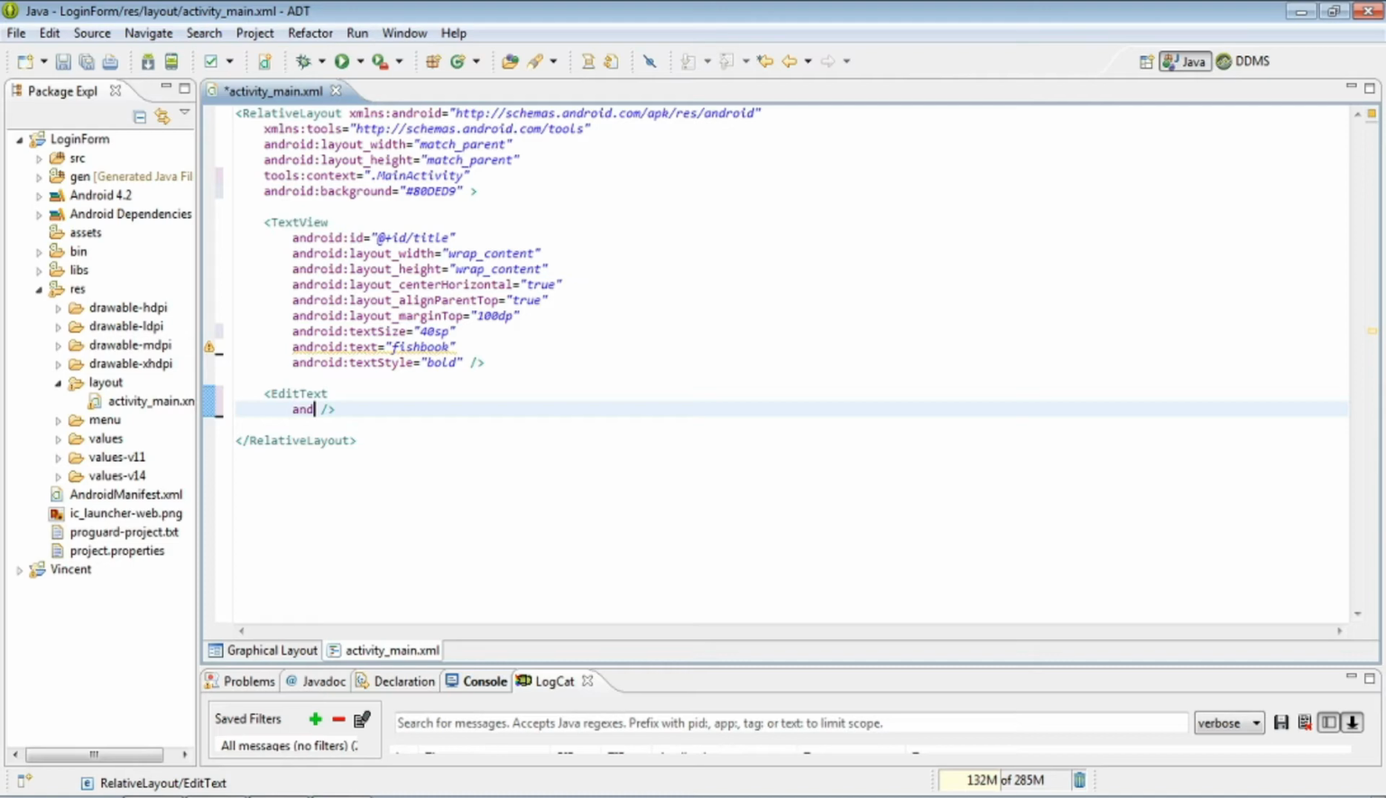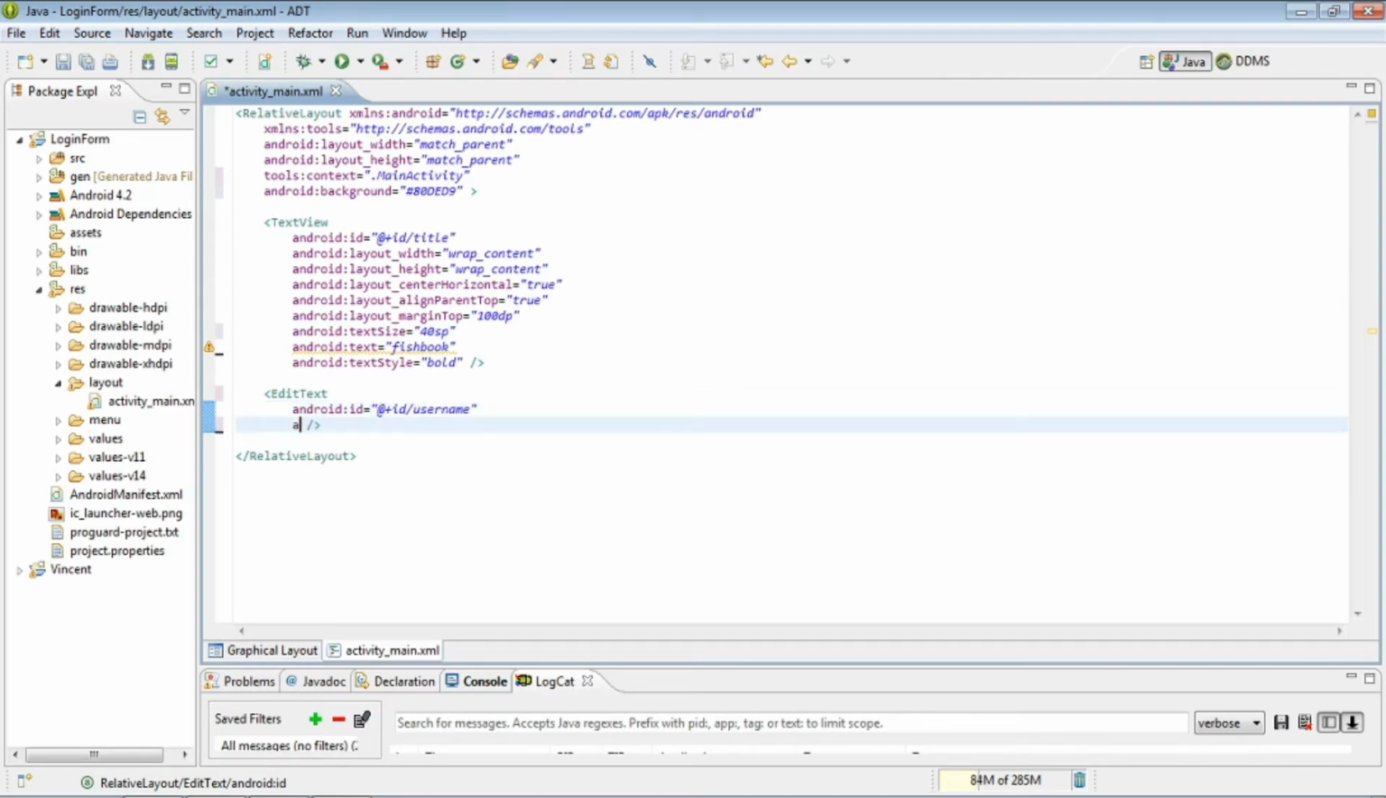So Android ID, at plus ID, and slash. This is the edit text for our username. So username, then the width, wrong, layout width equals